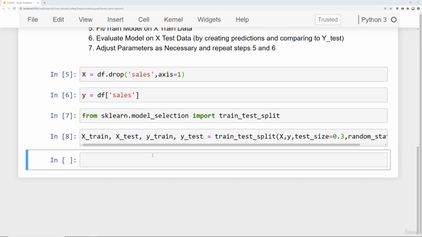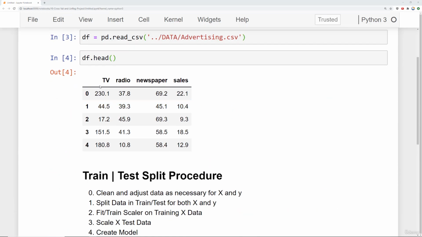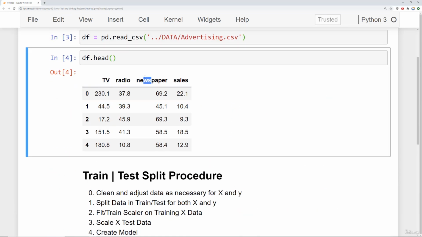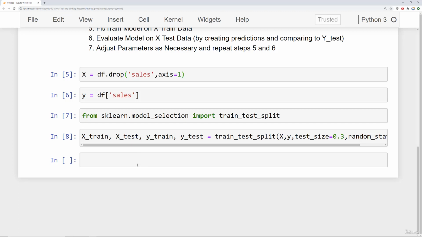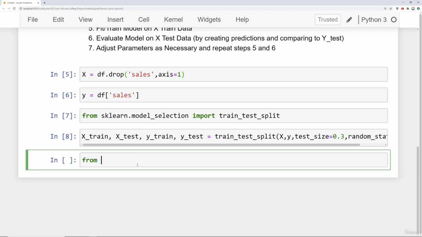So in general, you don't know if the units of TV, radio, and newspaper are the same unless you have some sort of description. And if they're different units, then it's going to be difficult to compare the coefficients. So when it comes to something like linear regression, it's probably a good idea to scale the data. Keep in mind, we've already had a discussion on scaling data previously, so we're just reviewing by this point in time. To scale data, what we can do is say from